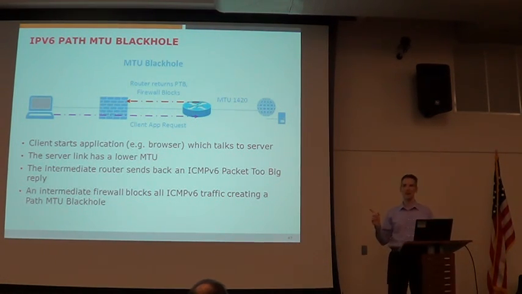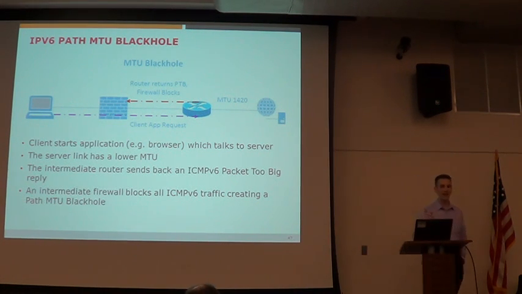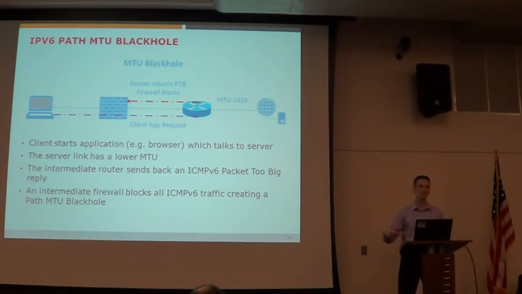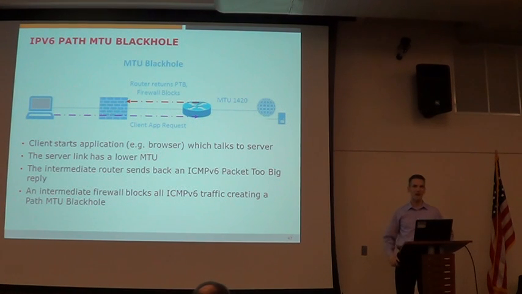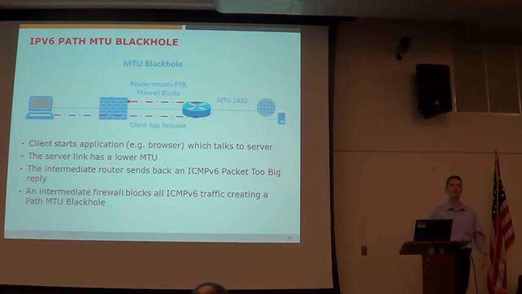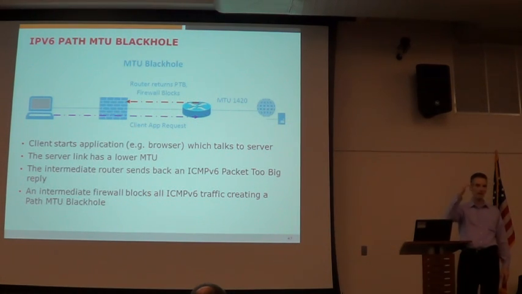So I'll give you an example. I was using WebEx, and I have a tunnel at home because my Comcast business class connection doesn't have native IPv6 yet. It's coming this year. So that tunnel lowers my MTU. So when I tried to go to WebEx, I ran into a problem like this. And I couldn't figure it out. I couldn't look at packet traces and do testing, and I just guessed, it's got to be an MTU issue. So I lowered my MTU by 40, and then it worked.